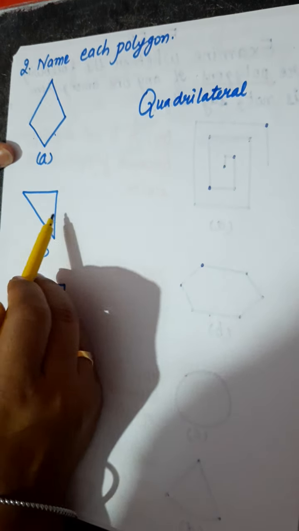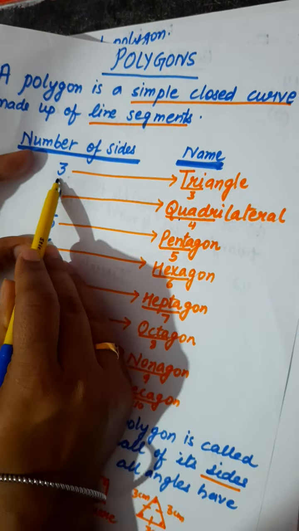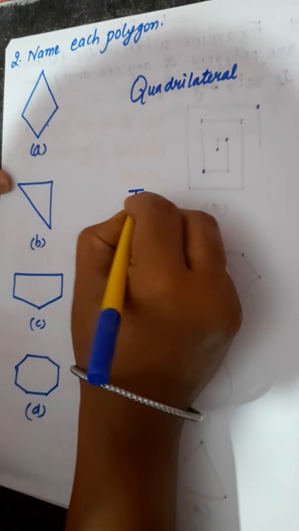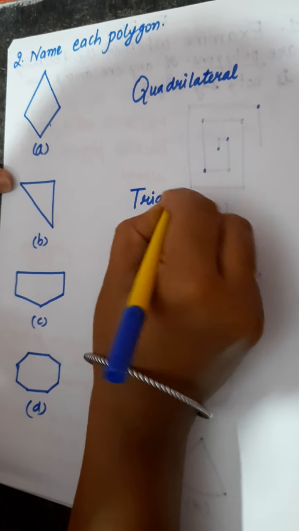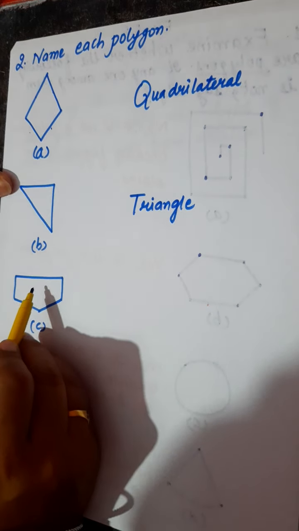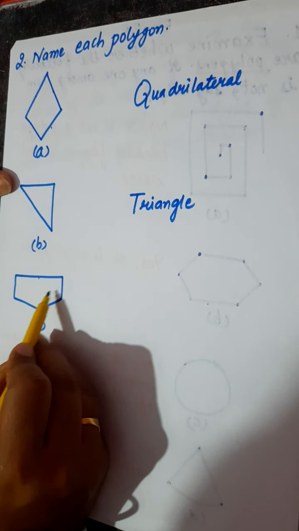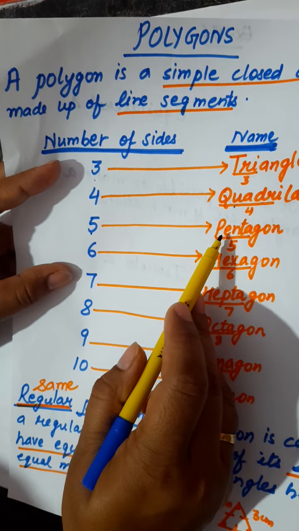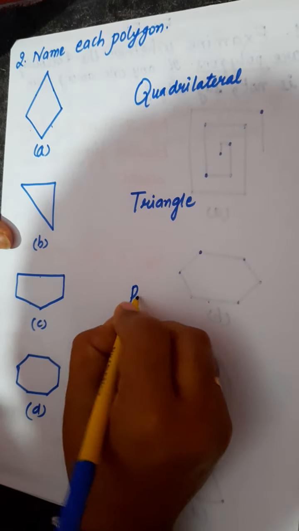Now we have 3 sides, and we know that if we have 3 sides then the polygon is a triangle. So this is your triangle. Now here we have part C. Here the number of sides are 1, 2, 3, 4, 5, and if we have 5 sides then it is a pentagon. So this figure is your